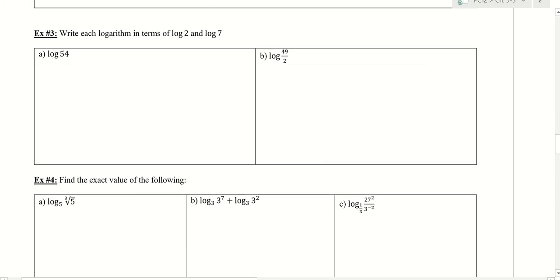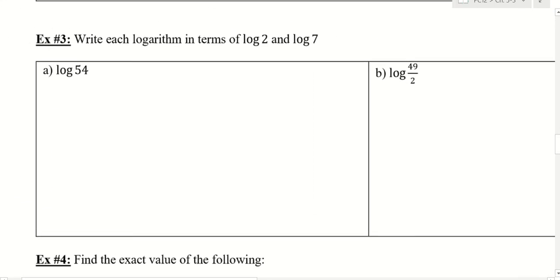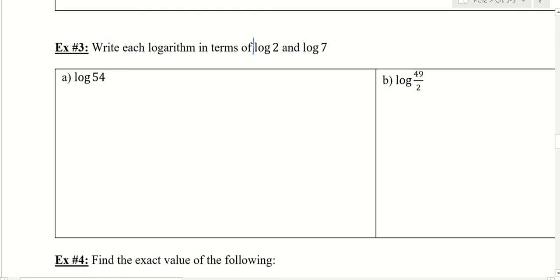Let's jump to an example. So here we need to write each logarithm in terms of log 2 and log 7. So a hint here is that if we have something like log of 54, what we're going to want to do is we're going to want to expand this. And one way to expand this is to use the product rule. So what we can do